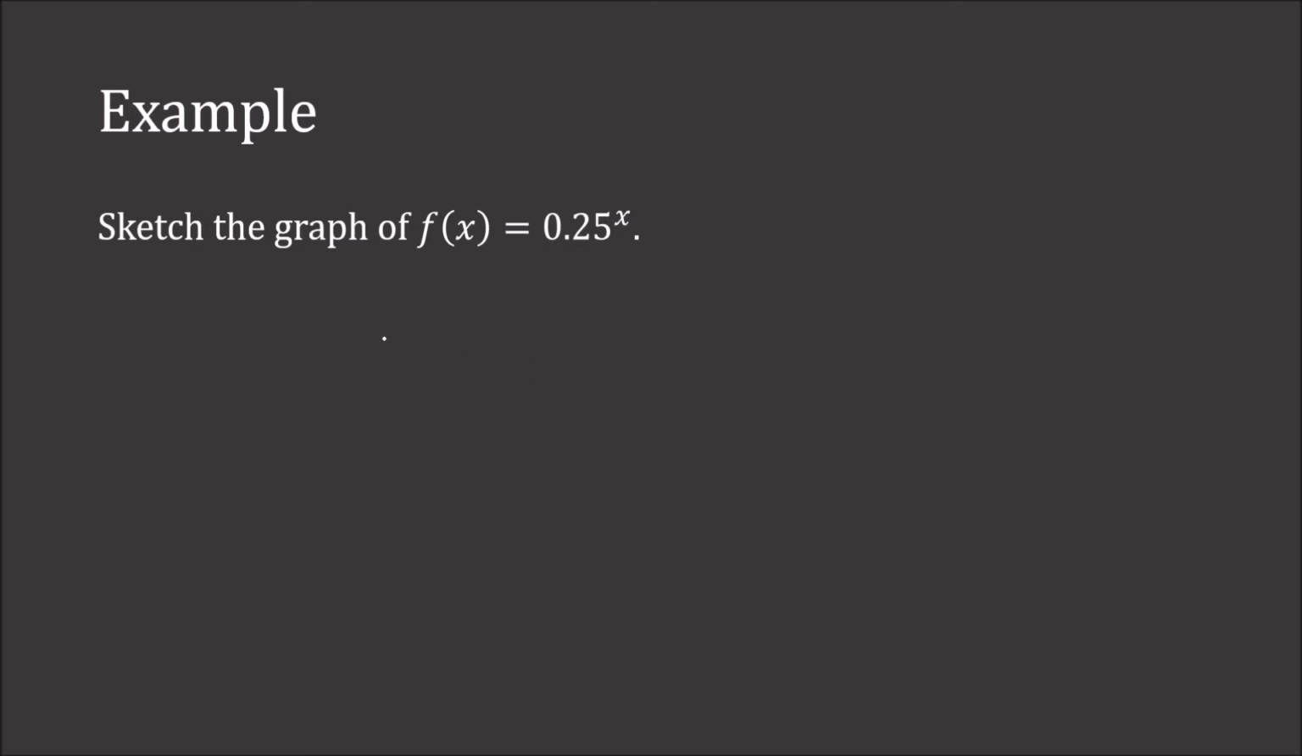So first, let's look at several points. We already know that the y-intercept is at (0, 1). So I'll just go ahead and plot that point right now. All right, let's look at some other points. So if we take x to be negative 1,